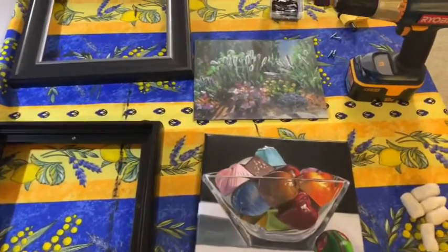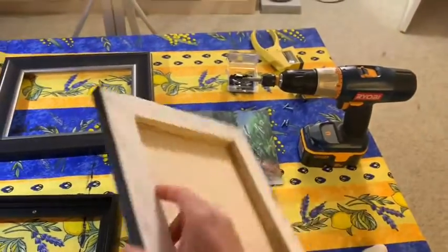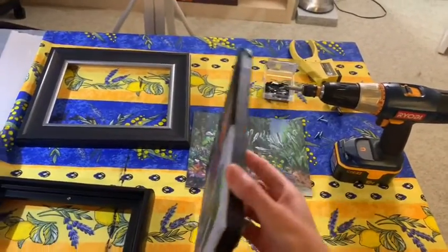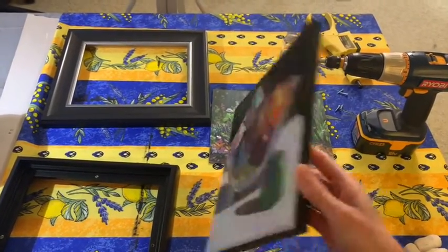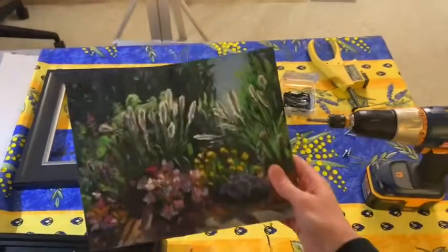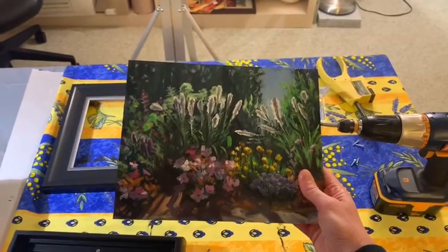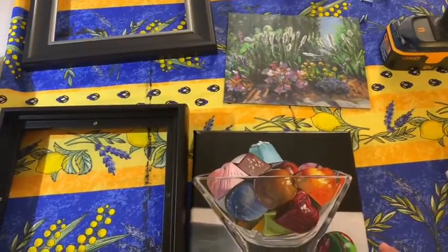First is the stretch canvas, which is canvas with wood stretchers. And as you can see, there's a 3/4 inch depth. So you need a different type of frame than you would for this traditional panel, which is basically a masonite panel coated with some gesso on it. So let's talk first about this